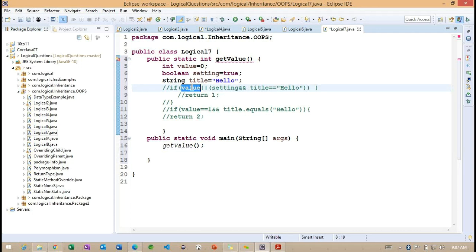This value is not going to return a Boolean value; it returns an int value, because we don't have any expression here. We are not comparing with any other value. We just declared the variable, and the variable contains the value 0. To understand this, we need to check it like this.